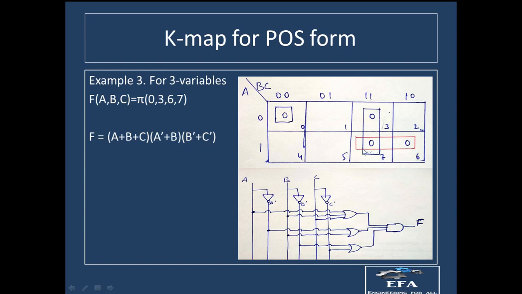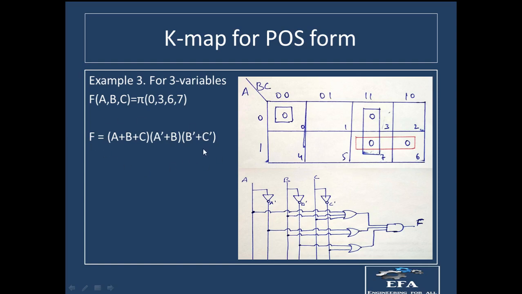Okay, in the last group, we are having, you can see a is equal to 1. So a is not changing for both the zeros, so we have to take a complement from this side. From the other side we are having, you can see b is equal to 1 in both of the cases, so b is not changing, so we have to take b complement again, but c is changing. C is 1 over here and c is 0 at this position, so c is changing, so we have to drop c. So we will be having a complement plus b complement. So a complement plus b complement is there. Okay, so this is the final expression in the form of POS.